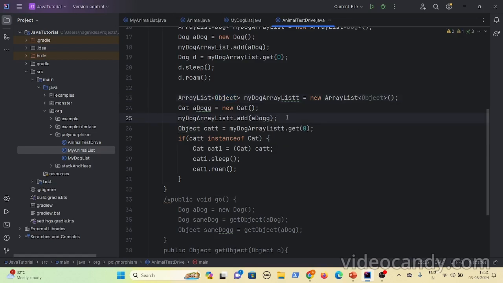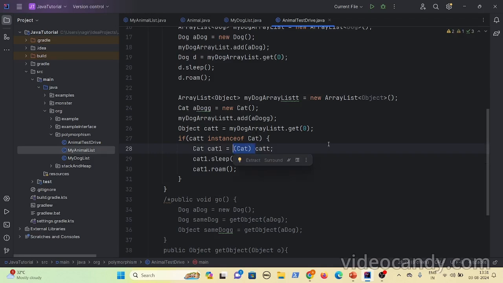Now when you fetch that object, you want to convert it back to the cat. The virtual object is cat. So if whatever object you have got is an instance of the cat class, then you do the typecasting, and you will not run into runtime errors. If this did not satisfy, it will not go inside and the typecasting will not happen.